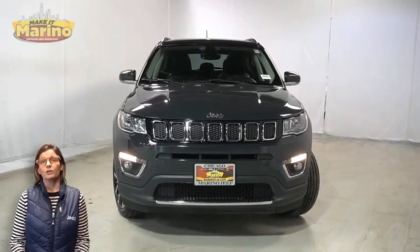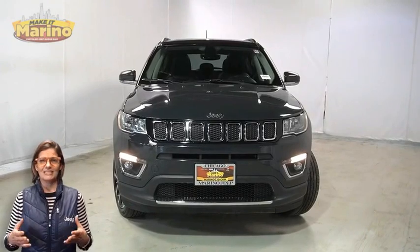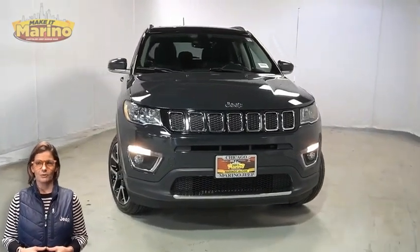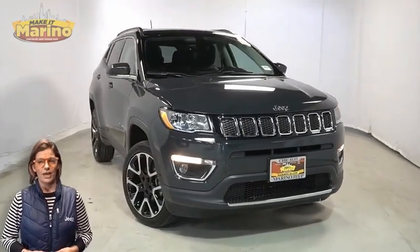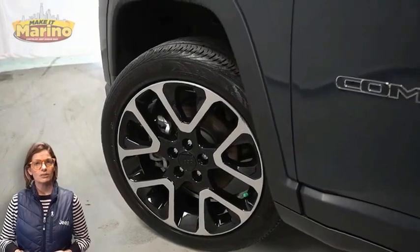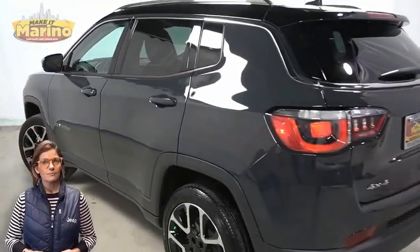Looking for a functional, compact SUV with reliability and safety for the whole family, then take a look at this 2018 Jeep Compass Limited in Rhino Clear Coat. With halogen quad headlamps, front fog lamps, 19-inch aluminum wheels, power heated mirrors, bright daylight opening moldings, rear window wiper